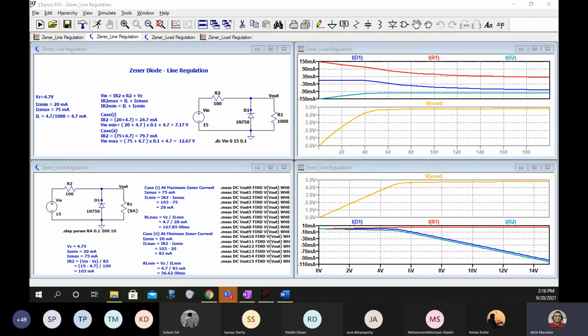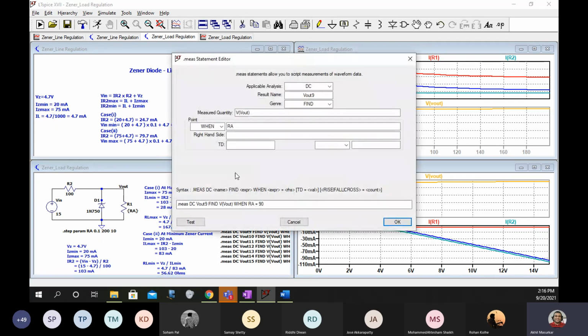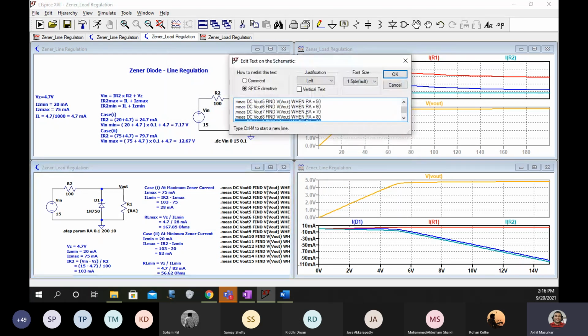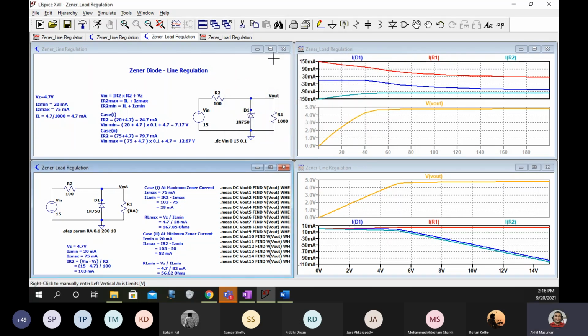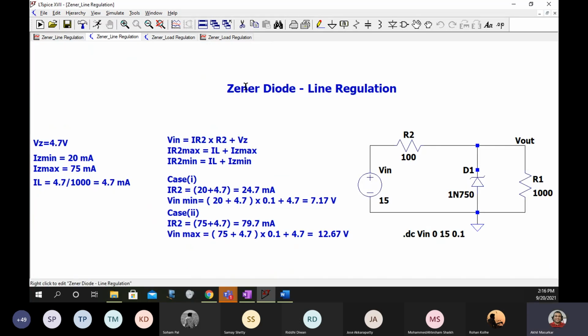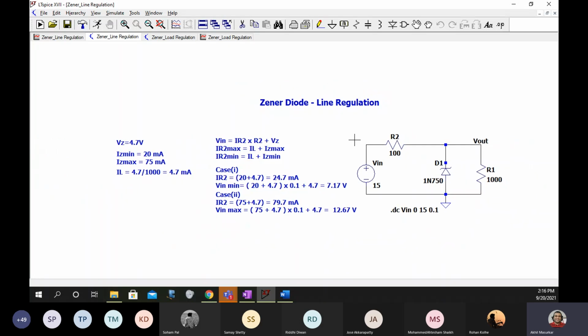Come on, take some time and do this. In the meantime, I am just playing with line regulation.